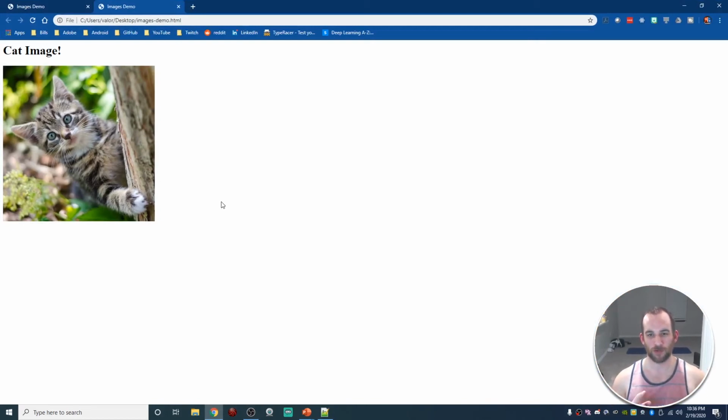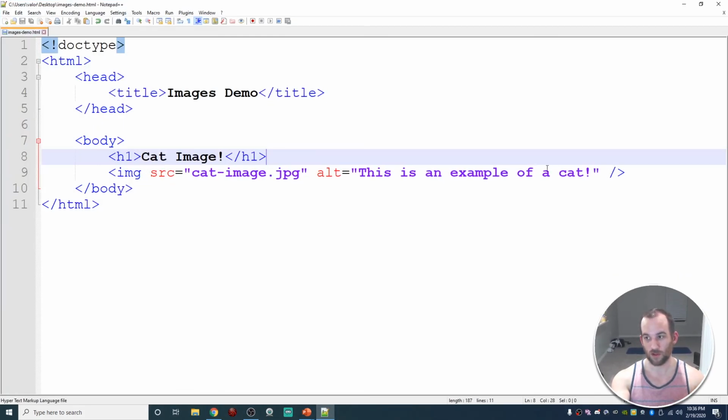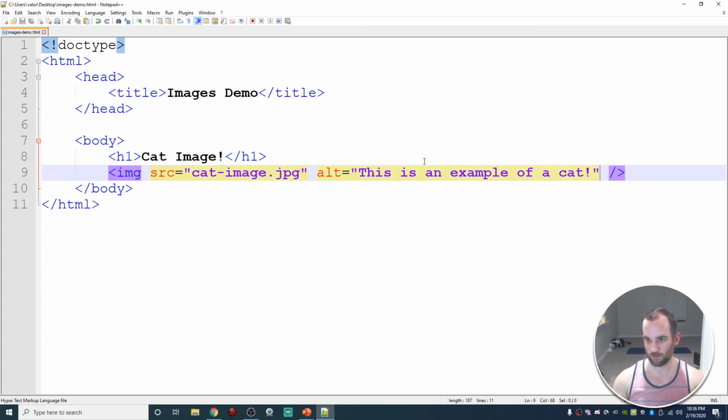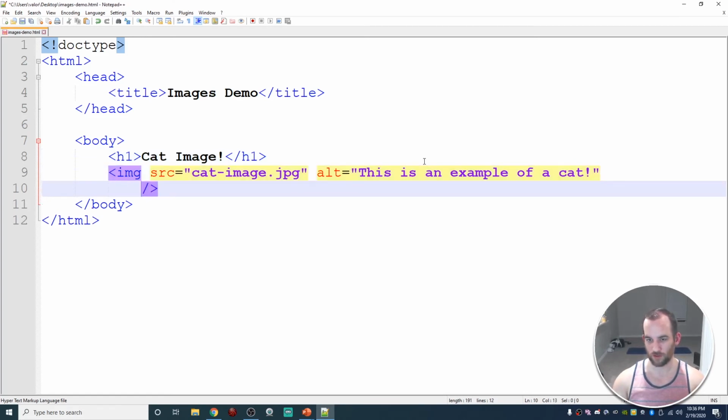Okay. So here's just the round 400 by 400 image of a cat. Now there's a couple other attributes that we can add to the image tag, and I'm only going to go over 2 of them. There's several, but that's the height and the width. We can change both of those. So it's going to kind of look a little ugly. So height equals